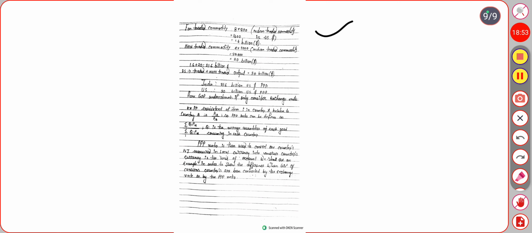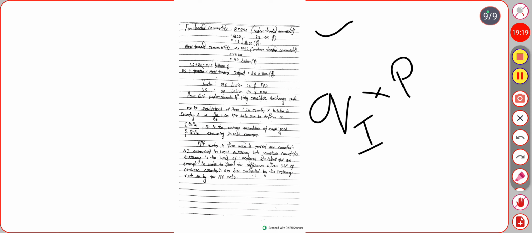The all total money needed to buy these traded and non-traded commodities in India at the US price: the quantity is for India, but the price is in dollars. So all total we need